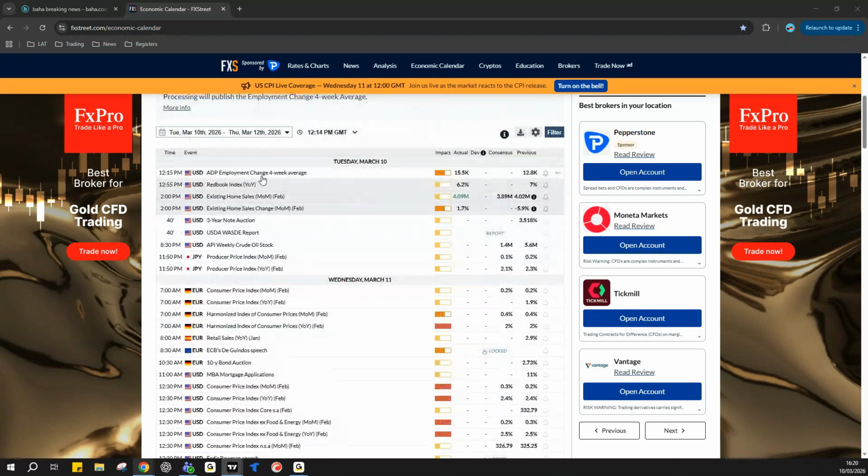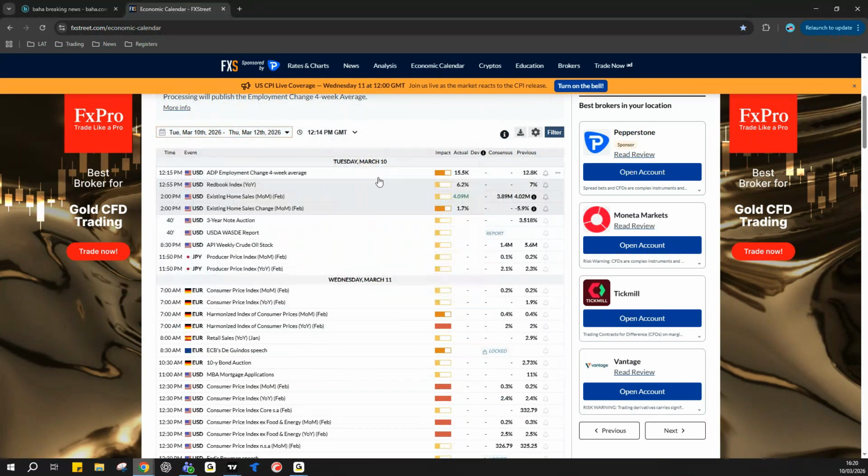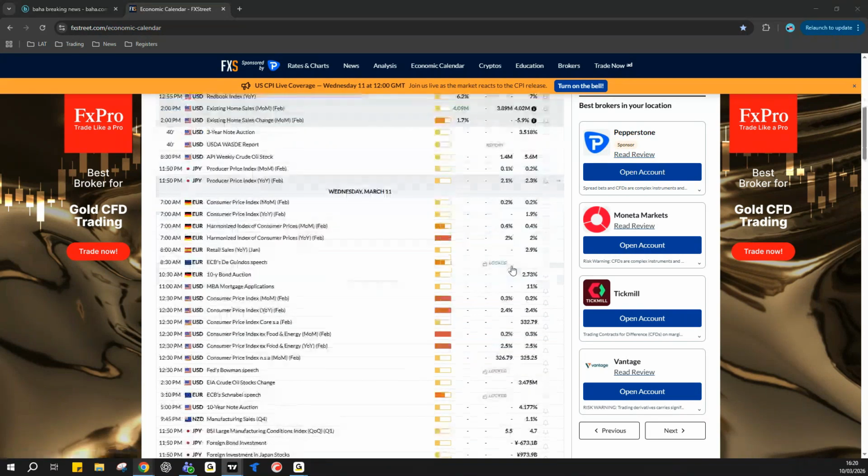Just on the calendar front, it's been a relatively quiet afternoon. There's not been too much into this afternoon, not too much going on into this evening. We've got some crude oil stock changes, which will be worth looking out for, to see if there's any added pressure to support either direction that we are currently going for oil. Tomorrow we've got a bit more going on.